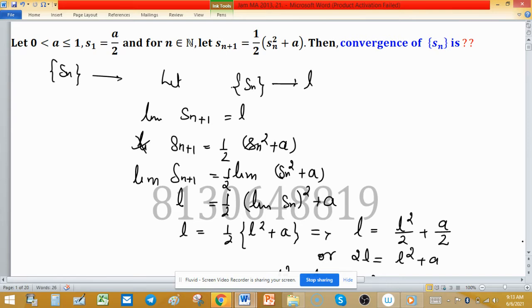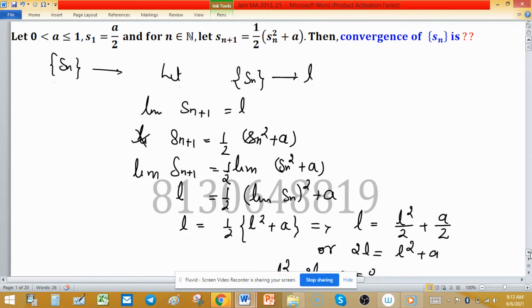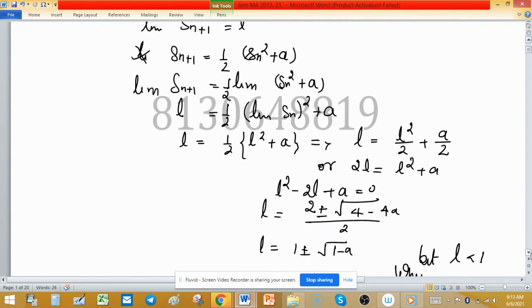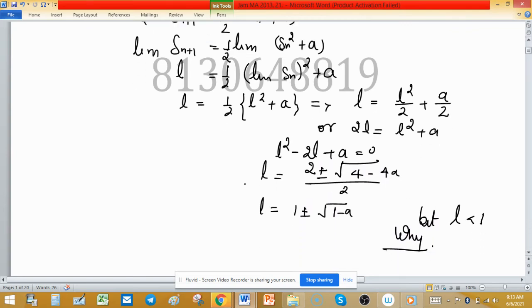Then we can easily see which L works for this sequence. So check this, as it is given